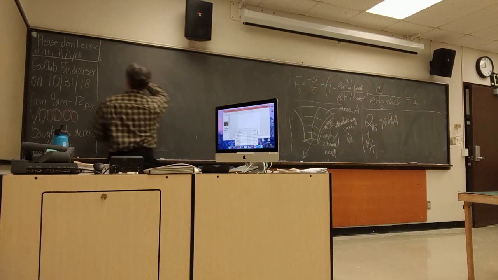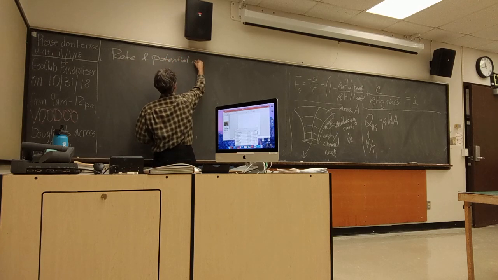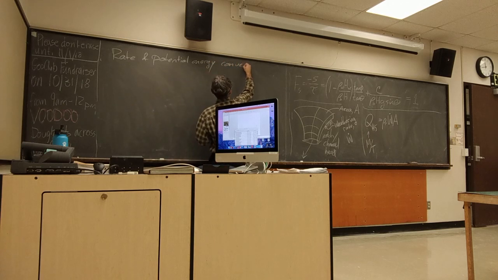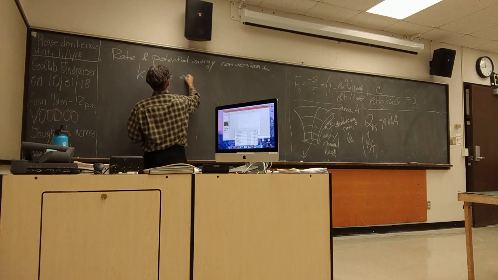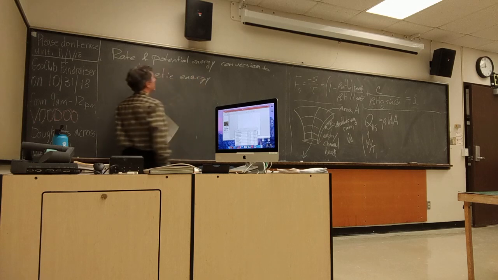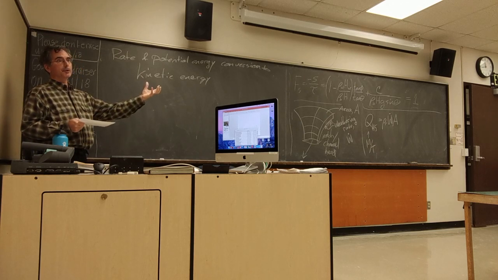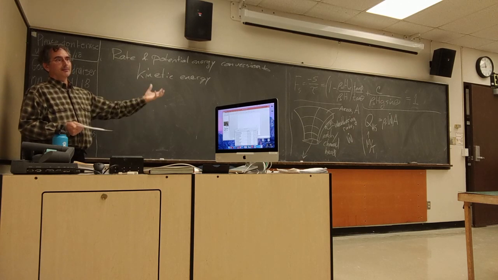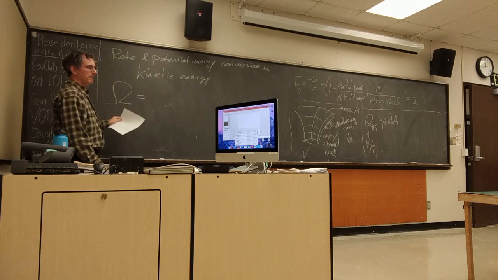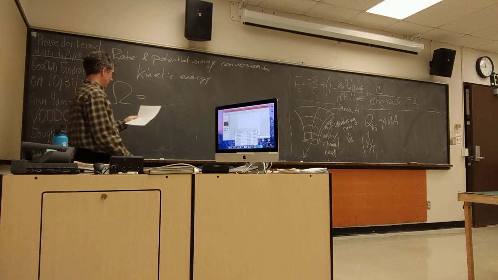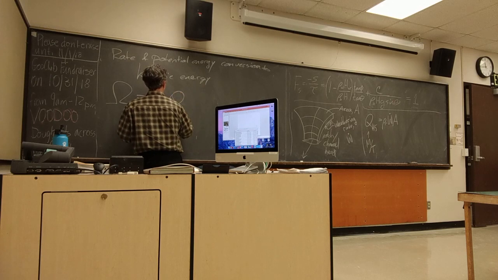That's pretty simple. We can say the rate of potential energy conversion to kinetic energy. I could go through the whole derivation, but I don't want to belabor that point. We've got some mass of water moving at some rate down a hill. I'll call this big capital omega, energy per time per length, is just density of water times gravity times my flow rate of water